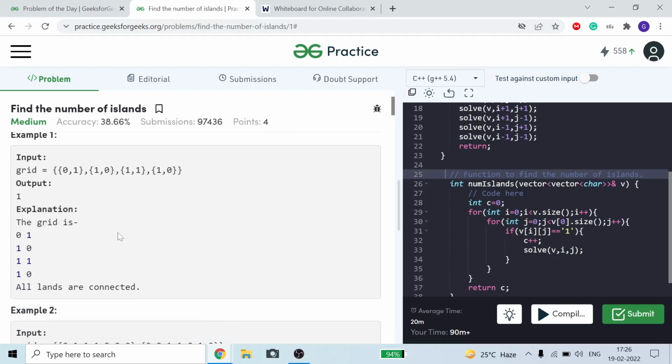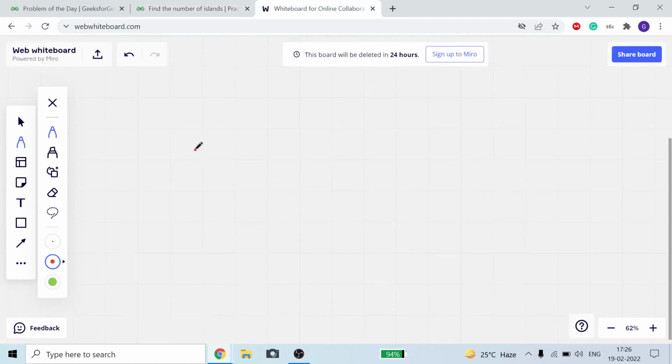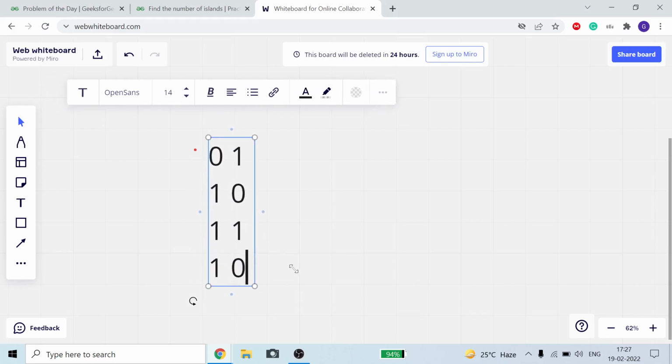I am showing you an example for this case here. I just copy this, and just wait a minute.